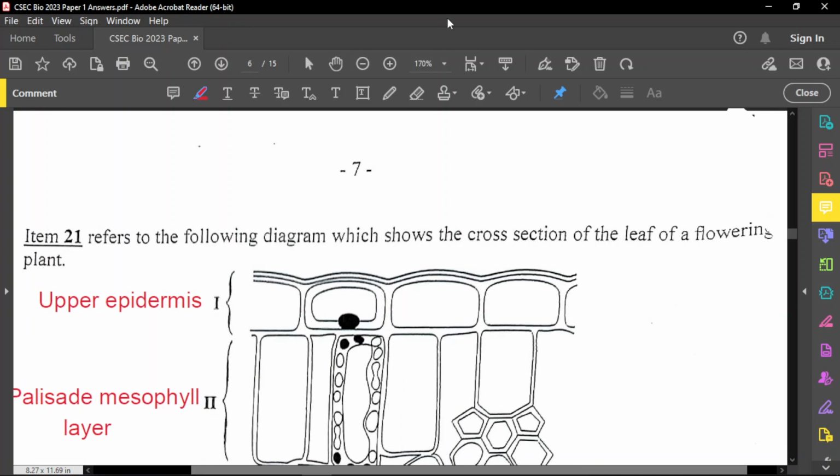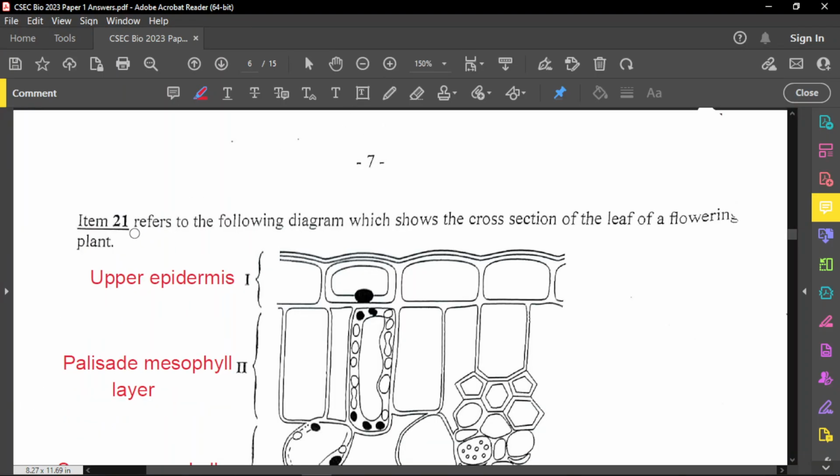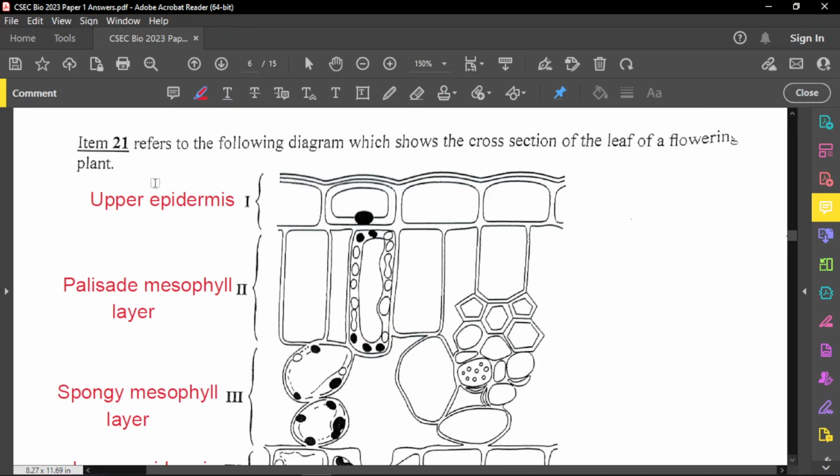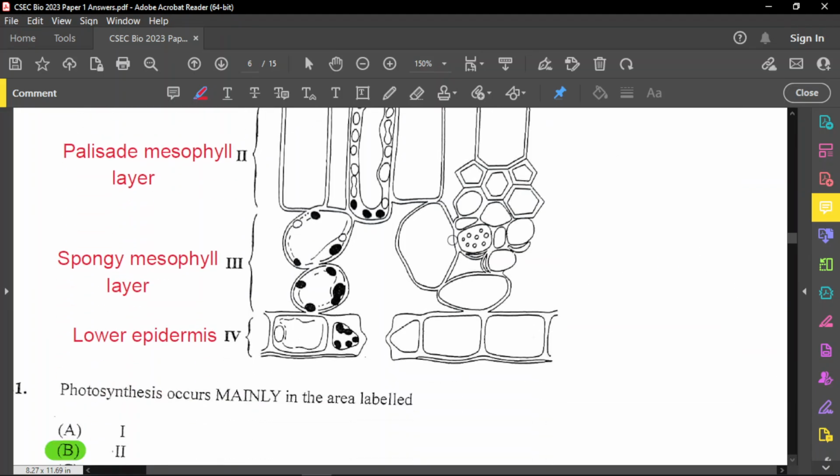All right, so question number 21. Let's go down into that a little bit. Item 21 refers to the following diagram, which shows the cross-section of the leaf of a flowering plant. And so there's a quick labeling. We have the upper epidermis, which is 1. We have a palisade mesophyll layer, which is part 2. And I just want to notice something right here. These cells are called palisade mesophyll cells. So you need to know when they indicate, for example in paper 2, the layer versus the cells, or a cell. We also have the spongy mesophyll layer,